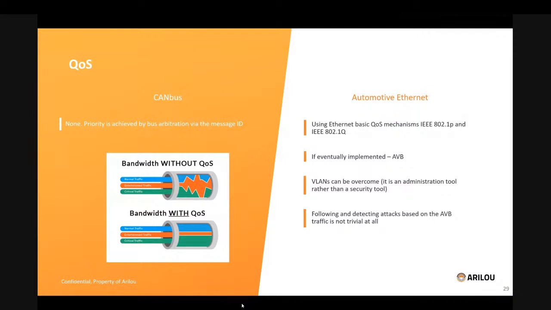In the automotive, we have the AVB, audio video bridging, which is providing quality of service and time synchronization. So all your speakers in the vehicle will play at the same time and will be in sync with the picture, and the lips will move at the same time that you hear the sound. So this is what you have in quality of service in automotive Ethernet,